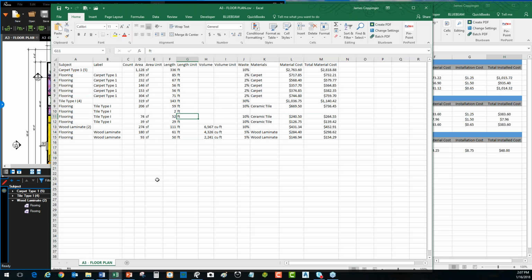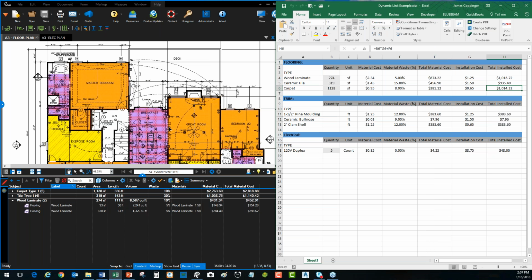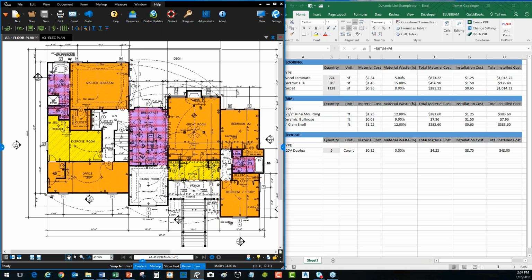So if I were to go back and make changes, maybe we got an update, a revised file for our PDF, then I'd have to come in here and delete this CSV file and generate an entirely new one. And any format or changes I made in there, I'd have to rework. So that is a good way to work. It's not a negative, and like I said, a lot of folks do work that way today, and it's a fair start point. But once you get into the 2017 Extreme version,